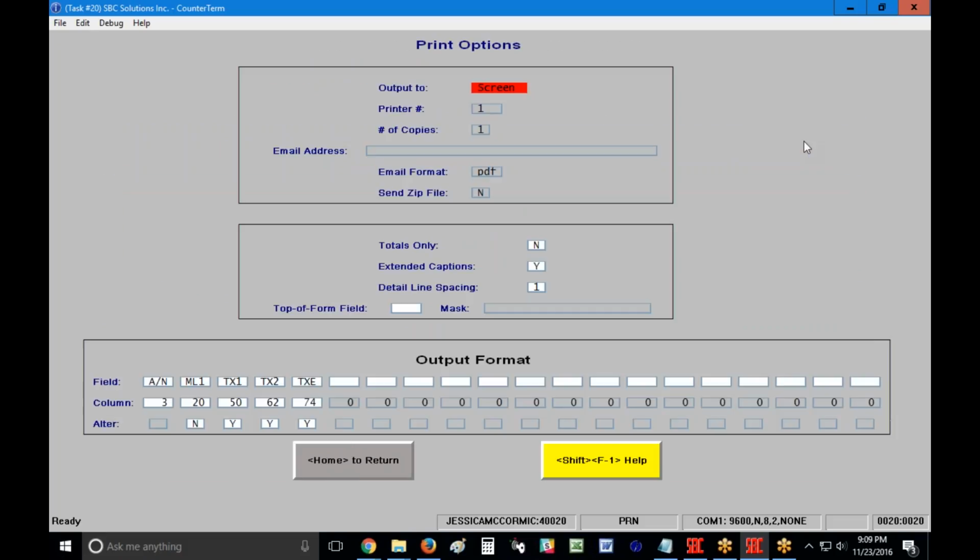So the next button, the print options, again, I have the ability to print it to a printer, or send it to an email, but that's not the point here. The point is to do this adjusting on my screen. So I'm going to leave screen as my option. Totals only, again, not the point. I want to leave that as a no so I can see each line of detail and adjust them as